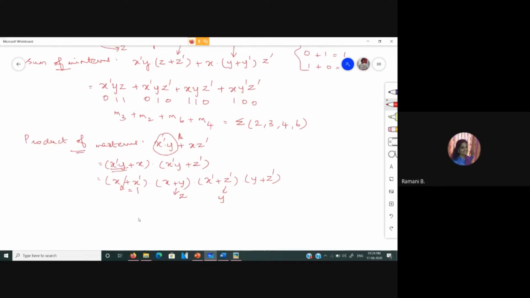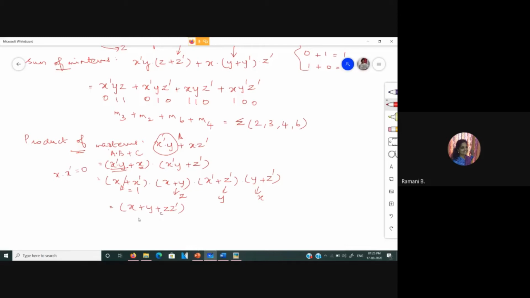Here you are applying the distributive law. You can consider this thing as a b plus c. So that's why you are having it as x plus x bar. Now here in this term, x is missing. So we write this as x plus y plus z bar, as this is 1, I am leaving it out. Because this is going to give me x bar is equal to 0.